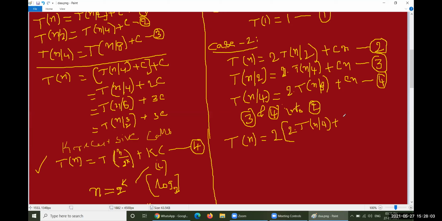plus Cn. I'm sorry, here I wrote something wrong. C of n by 2 here it is. Sorry, n by 2. I'm sorry to inform you. So here T of n by 2 will be there. This is T of n by 4 will be there. N by 4, because n by 4 in the sense n by 4 number of comparisons will happen. N by 2 in the sense n by 2 number of comparisons will happen over there. Okay. Then C of n by 2